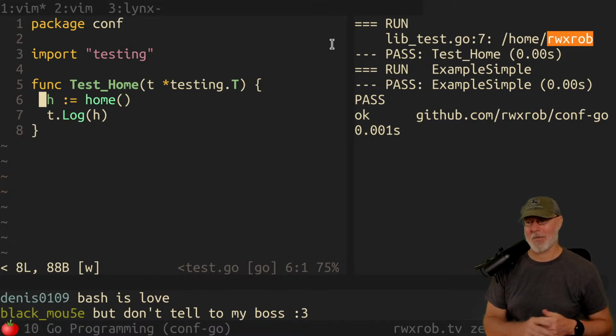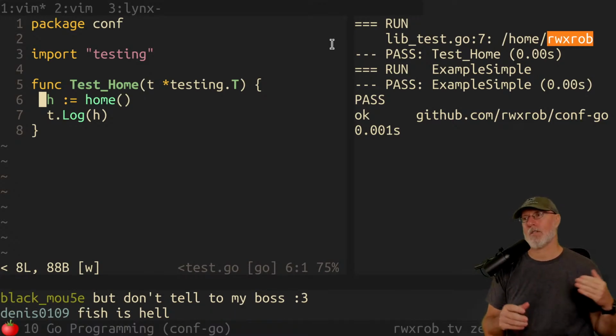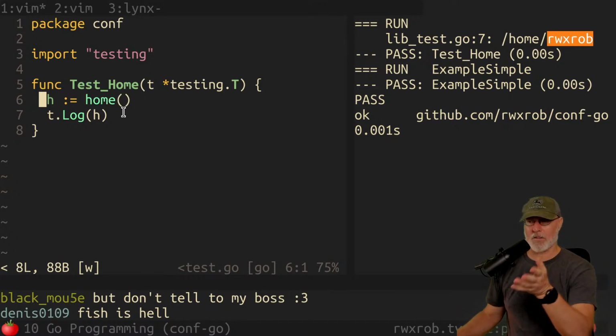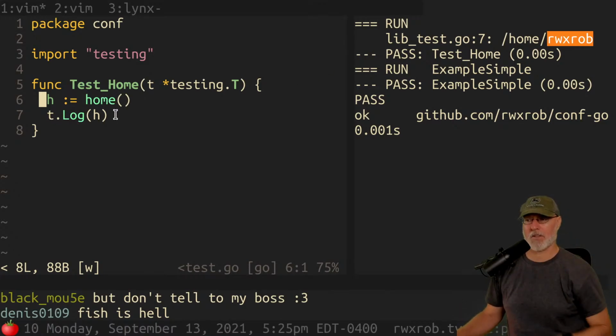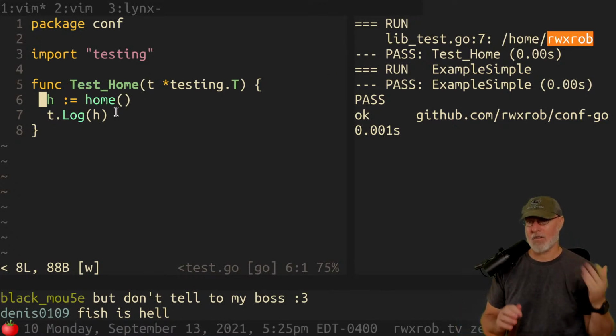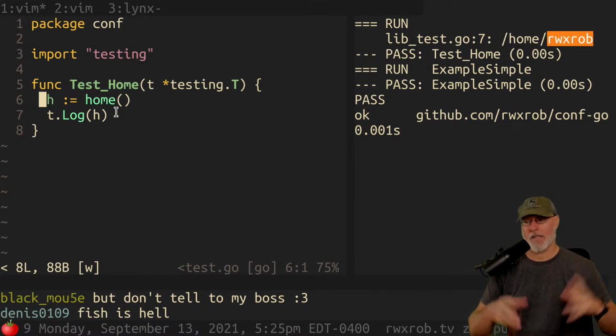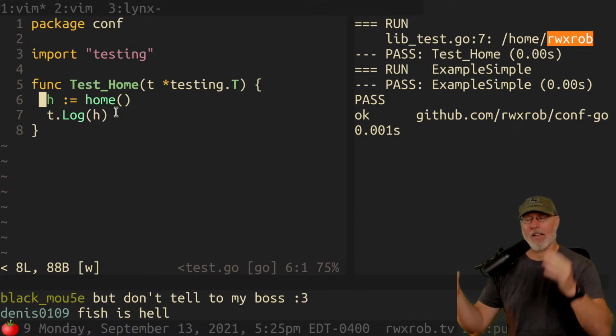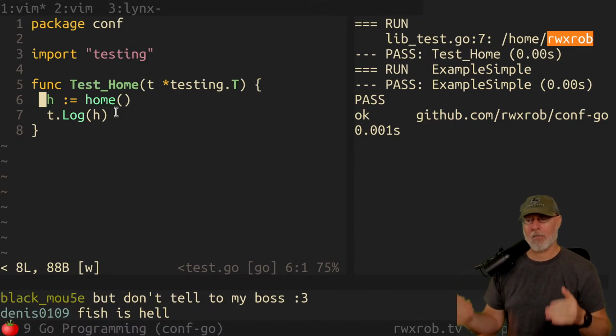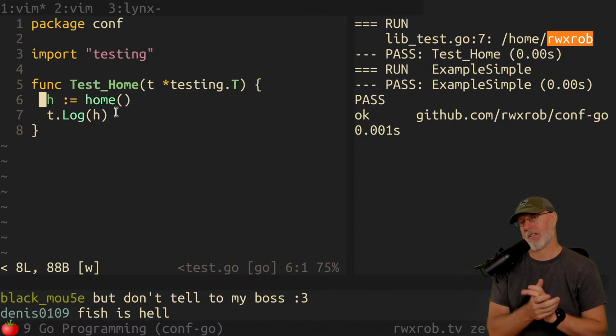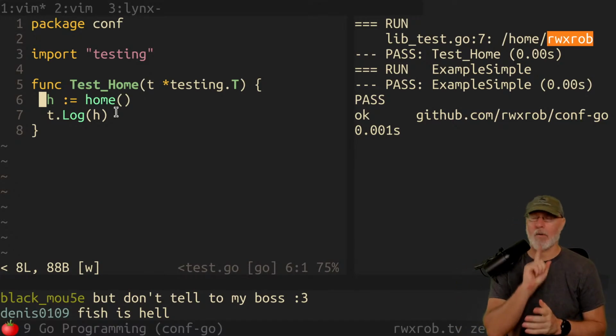Yeah, but don't tell your boss. Right. So when you do this, now I just totally cheated and got custom coverage just by using t.Log. But strictly speaking, if you wanted this to be compliant, you would create a container that had a consistent user in it, and then everybody would run that and it would test them all the same every time. That's the proper way to do this.